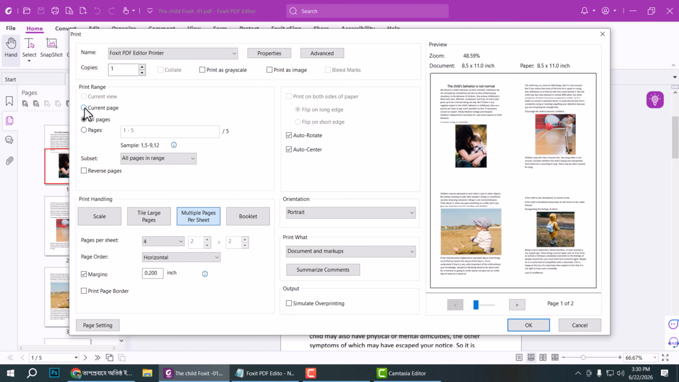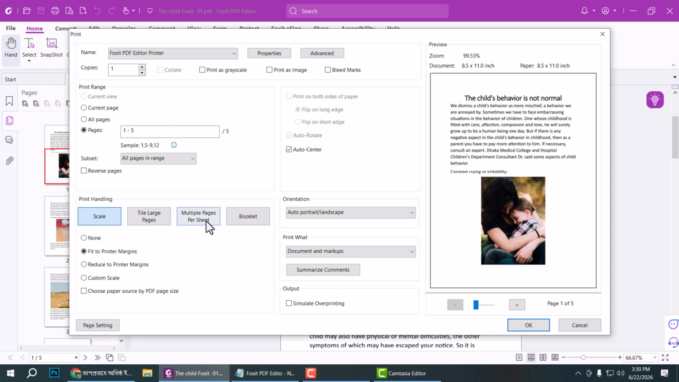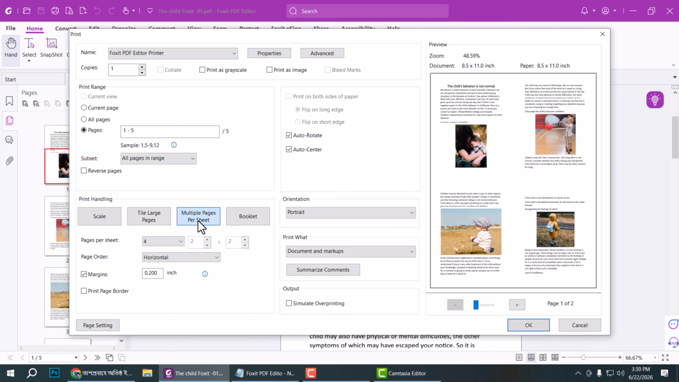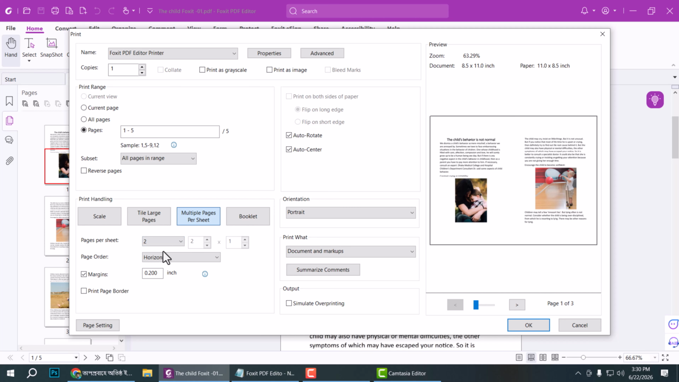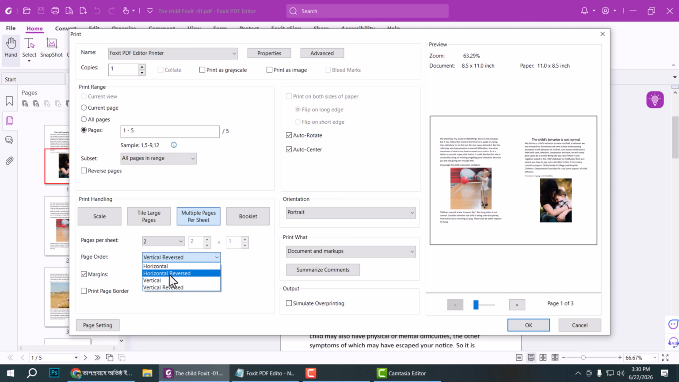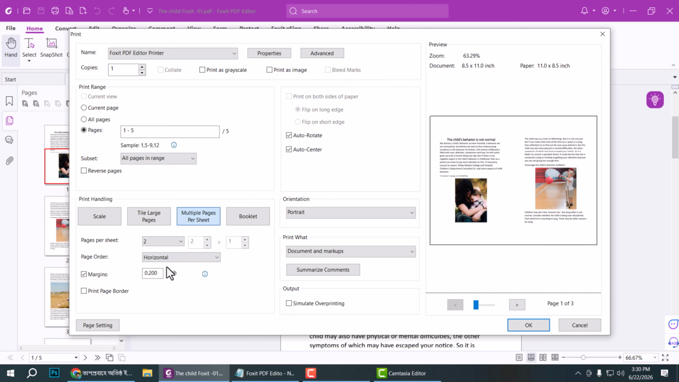You can select the current page or a specific page range, and select your multiple pages per sheet option. In pages per sheet, select 2 pages and save this. You can also change the page order. You can choose vertical, reverse vertical, or horizontal, and select horizontal. Okay, now select OK